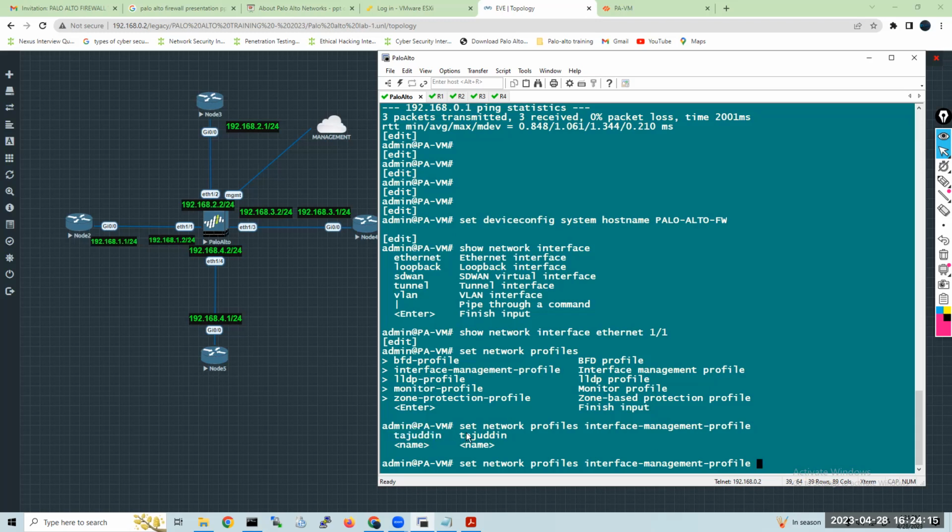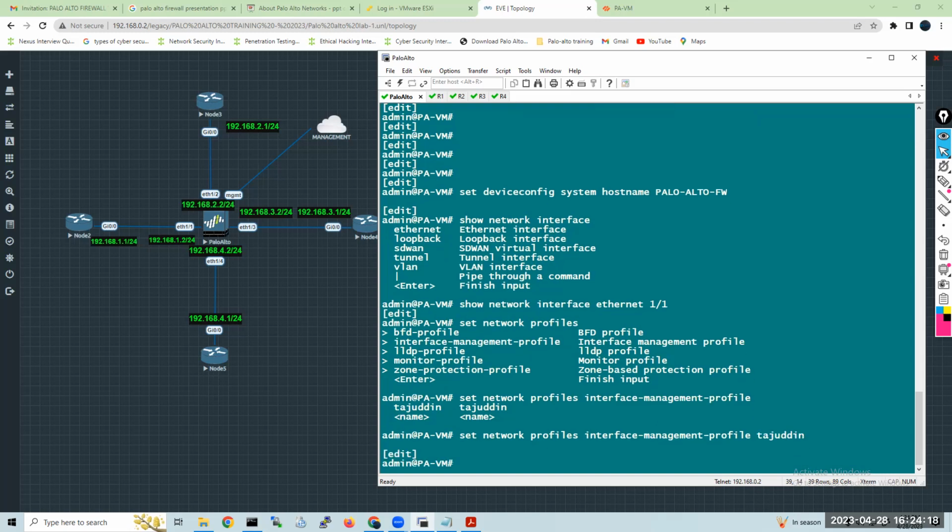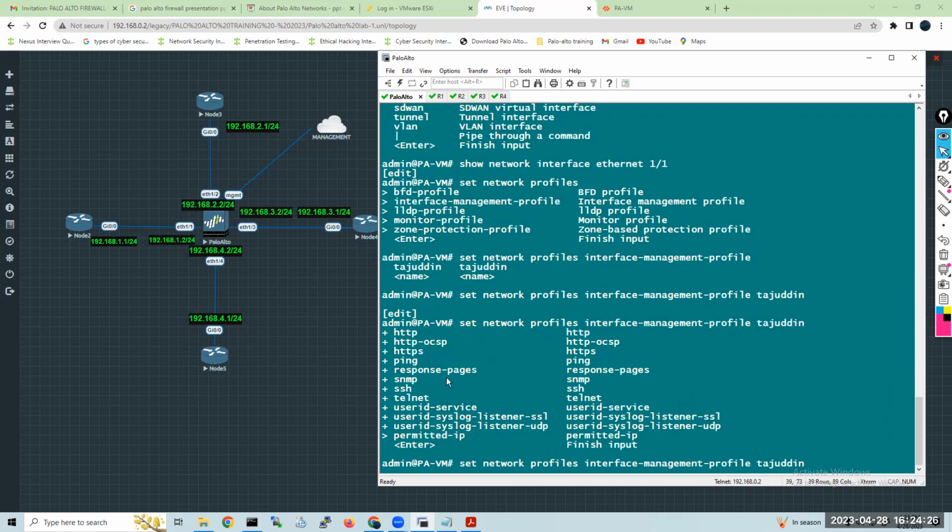Okay, the same thing I can give. I'll give the same name because I don't want to give one more name. So what is the main advantage here? If you give a question mark here, we have to enable it whenever I want to do any function or any operation.